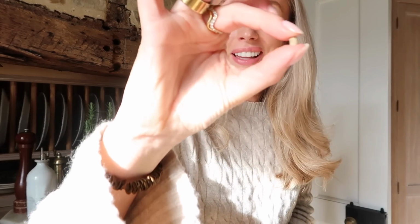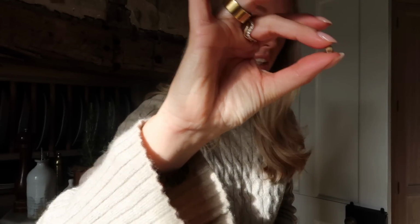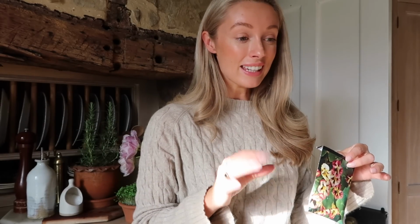They're everywhere. They're so tiny. Actually, compared to many other seeds, they're not that tiny. But the great thing about nasturtiums is once you grow them, they will produce so many more of their own seeds. So basically, from this one purchase, I've got nasturtiums for life, and you can eat the flowers and the leaves,